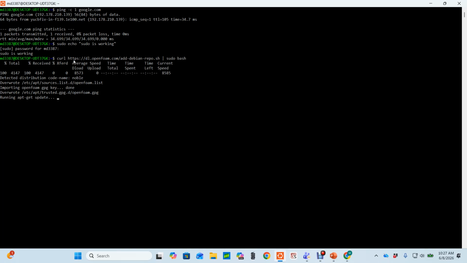So it was curl https, this is basically the website address, and then space, that vertical line, space, sudo bash. I pasted it in and immediately started running. So we can see that it worked. It goes to the OpenFoam repository, downloads the installation script, and using sudo bash